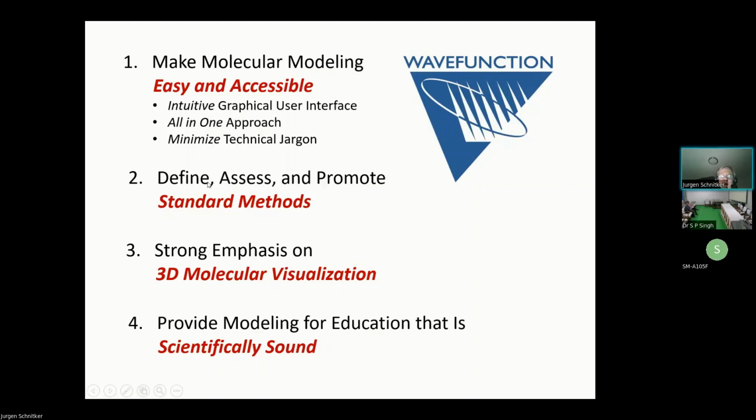We are always pushing very hard for standard methods. A huge problem with applying computational chemistry methods is that there's a zoo of methods in the literature, and as the innocent user, you don't know what you should use. We are doing a lot of hand holding there, pushing people towards picking things from a fairly small set of standard methods.